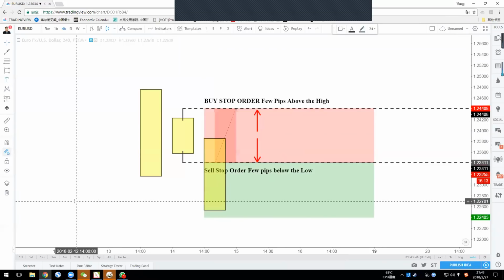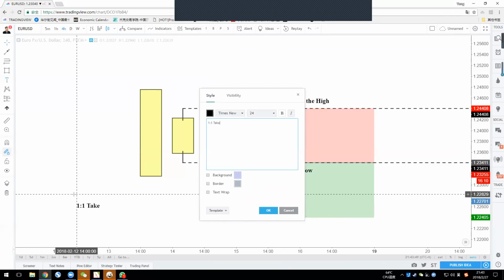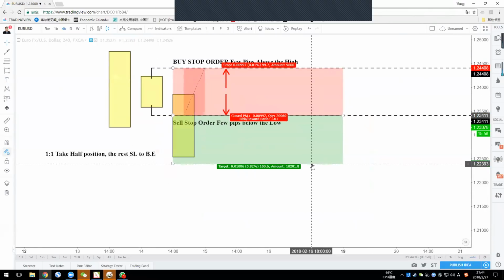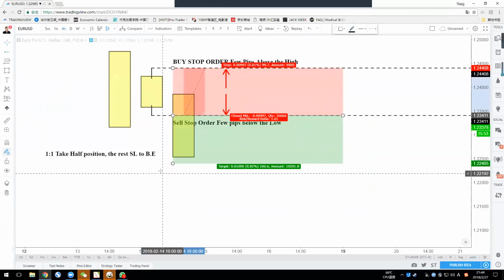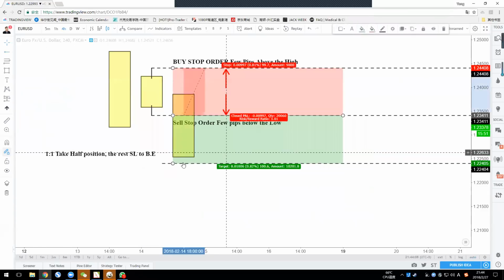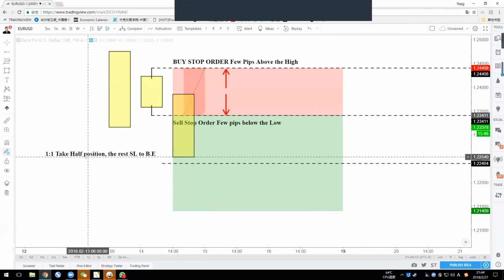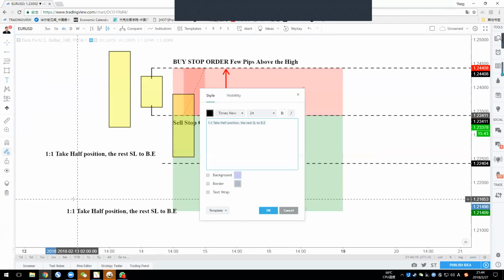So at 1-to-1, take half the position, and for the rest, move the stop loss to break even, BE. At 1-to-2, what can you do? If the price goes to 1-to-2, you can take all profits,